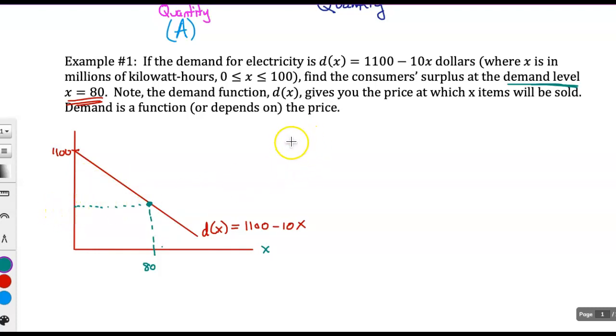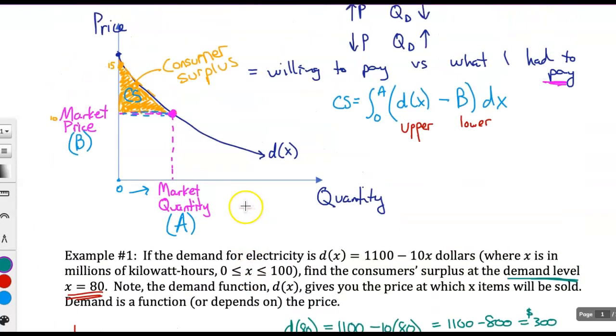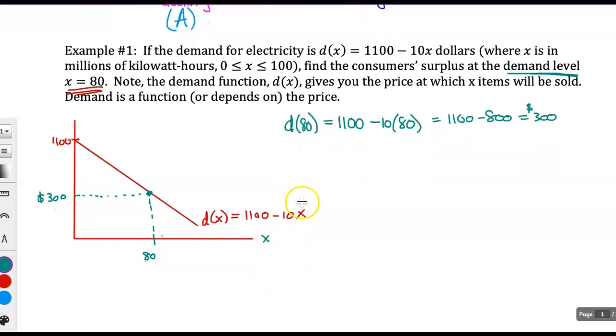So what I do is I just put 80 into my demand function. So I'm going to do D of 80 equals 1100 minus 10 times 80. And that's 1100 minus 800 equals 300. And this is in dollars. So what that means, if I go over here, this is $300. And if you compare that to what I was drawing up here, we have everything to now write consumer surplus,